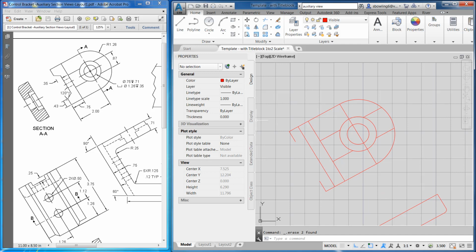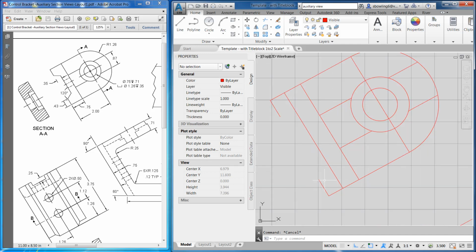Now I need to draw this angle at 120 degrees. Okay, so what you can do is rotate, RO for rotate. You can use your rotate button here. You're going to rotate this line, enter, at the base point here. I'm going to keep a copy, so I'm going to click on C, and I'm going to type in 120